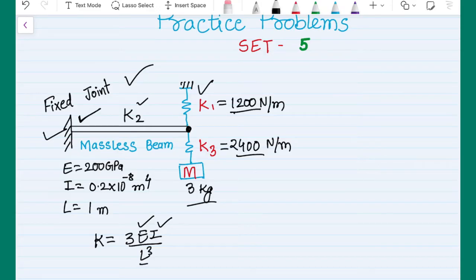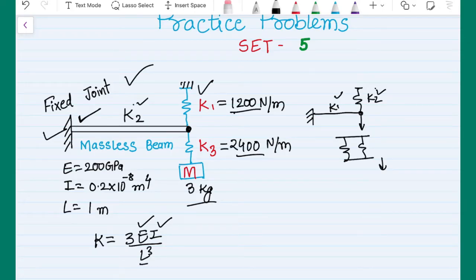Second important point, how the springs are connected. We must understand that if we have a cantilever beam and then a spring attached here, this is K1 and K2. If I try to pull the point in the downward direction, both these springs will try to resist the motion, and displacement in both these springs will be the same. So we can recall the philosophy that if two springs are connected in parallel, both will have equal displacement. Here we can understand that K1 and K2 are actually connected in parallel,